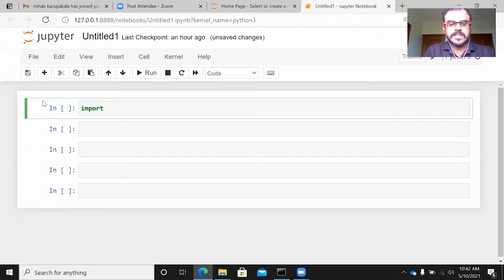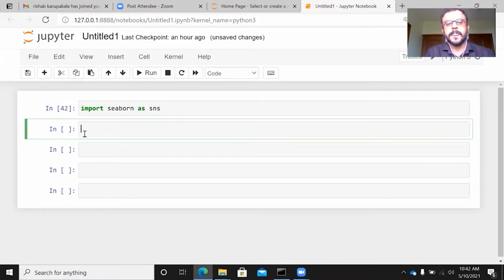You can just use this command: import Seaborn as SNS. SNS is just an alias name which I will be providing. The Seaborn package is a very popular, versatile package. It is primarily used for visualization, graphics, and such things. It's a high-level Python library for doing graphs and also pulling out certain